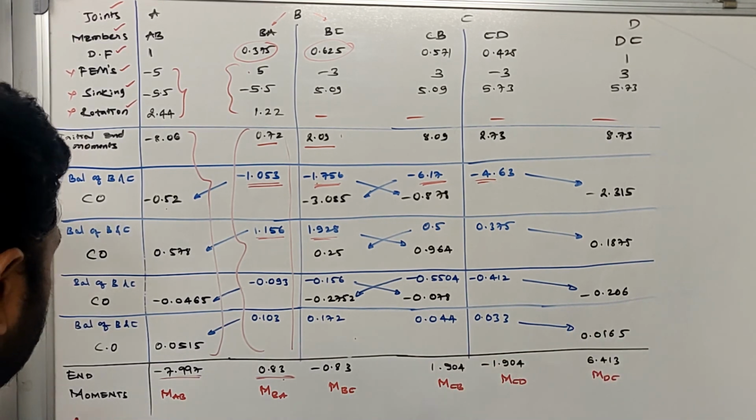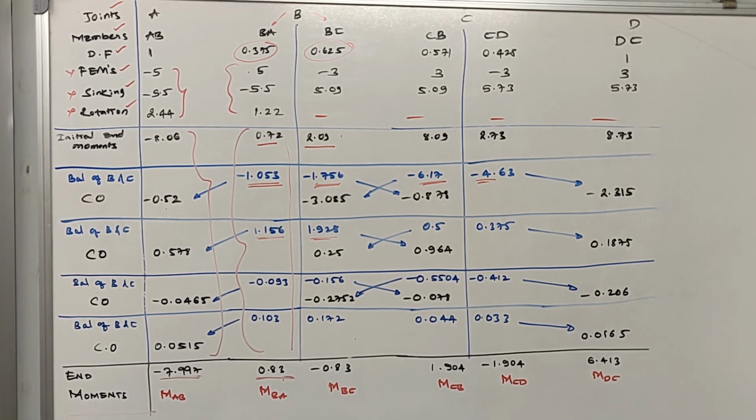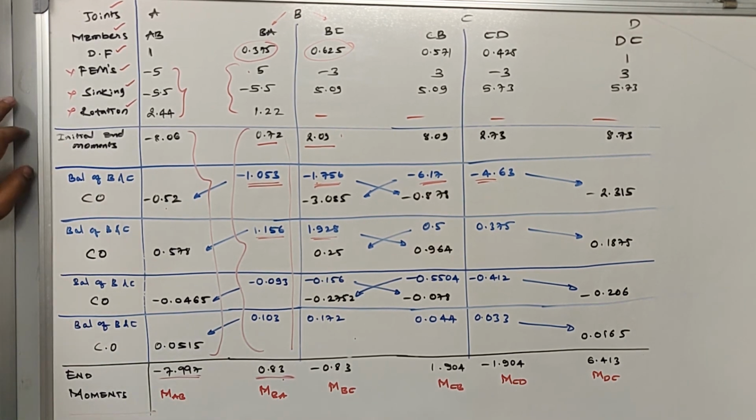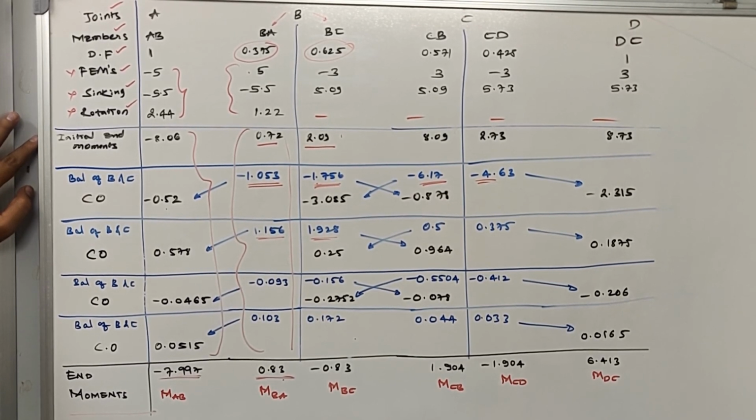So these are the moments that I have got from moment distribution. Now you can verify the values that I have arrived at using the slope deflection equation and the moment distribution method. Anyhow, the shear force diagram and bending moment diagram will remain the same, because we are just solving the same values with two different methods, right? So we have analyzed this continuous beam using slope deflection, and we have solved it by moment distribution also. Now if you find any difficulty in solving any of these problems with any of the methods, you can message me, or if you find any difficult problem in a question paper or in any of the textbooks, you can send it to me so that we can solve it.